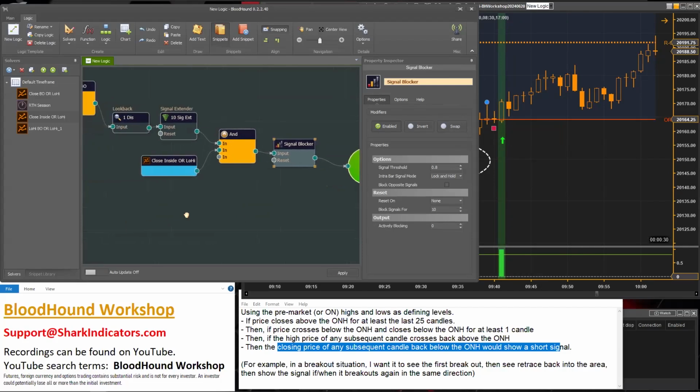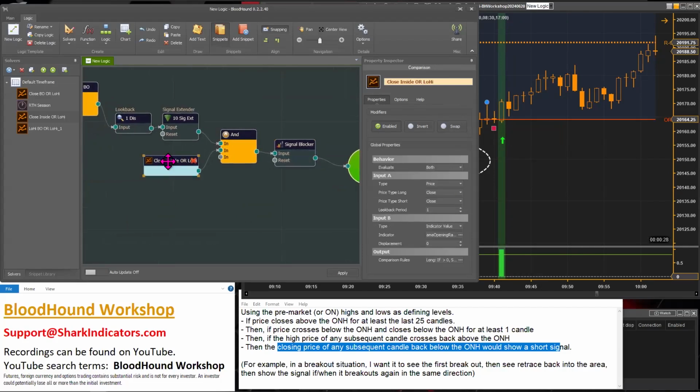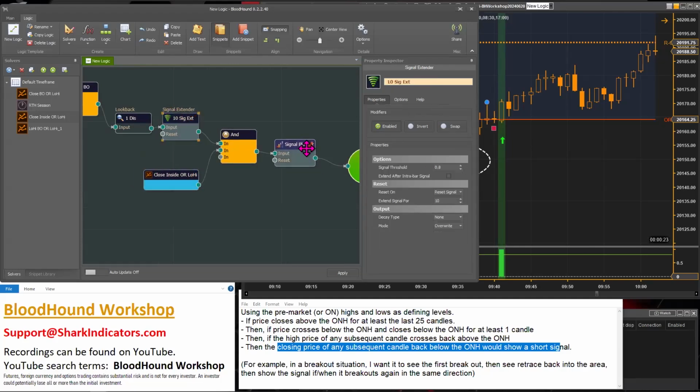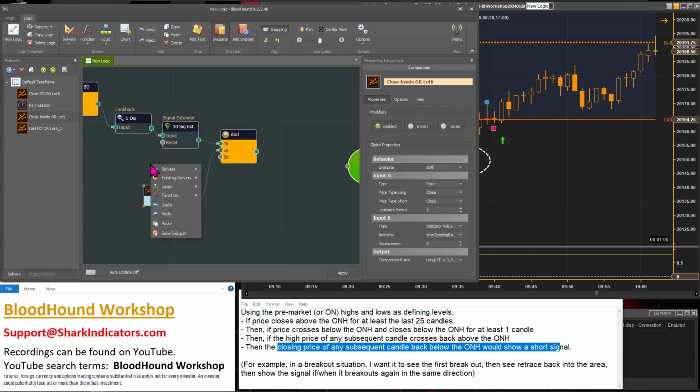I would say technically we should turn off the signal extender here. So I'm actually going to get rid of the signal blocker. And what we can do is take the signal extender and turn it off, or in other words, reset it. That's what the reset connection is for. Resetting a node is the same as turning it off. And the way I can do that is